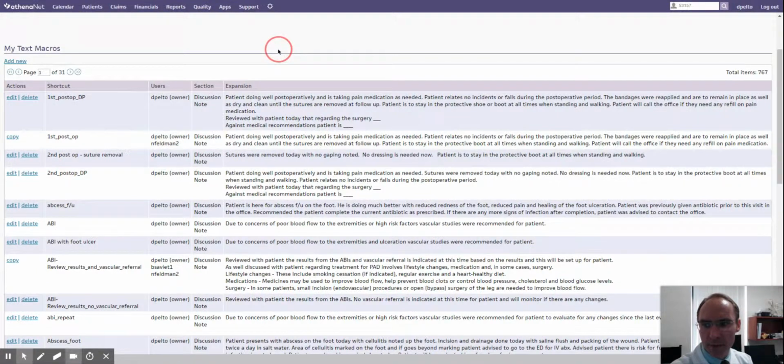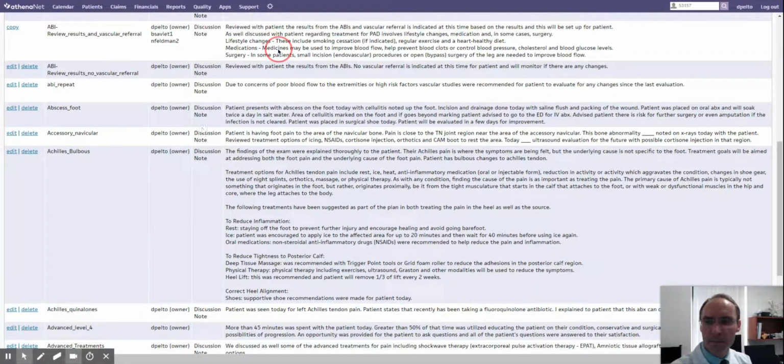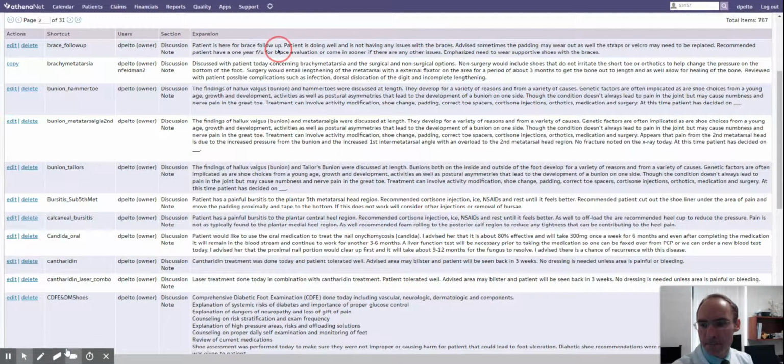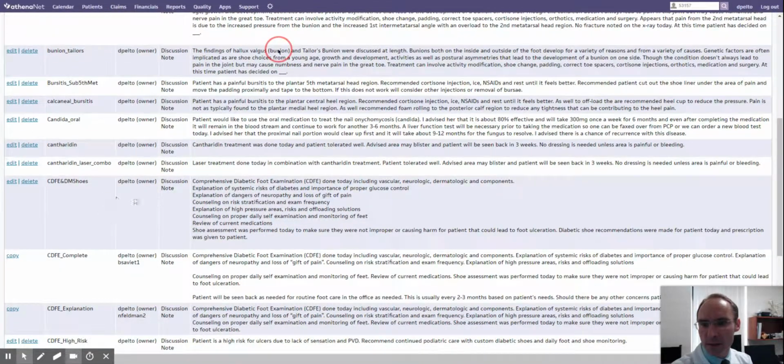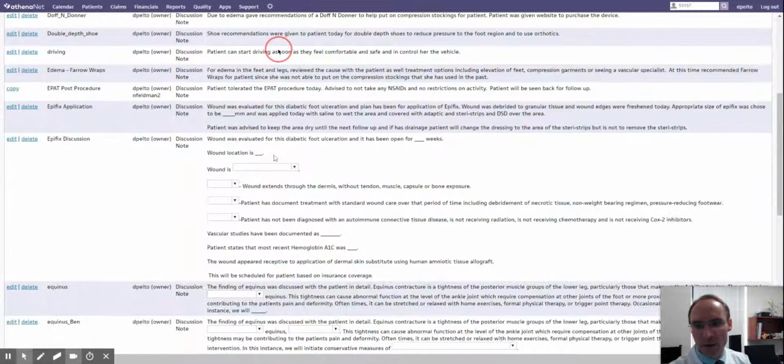You can see I have them on first post-op, ABI, things like that. Achilles bulbous changes, Achilles on quinolones, biopsies, bunion and hammer toe information, bunion information, comprehensive diabetic foot exam. I just give them names, and you can actually make these during your patient interaction. You can also make them, and when you make them, you can add in these little